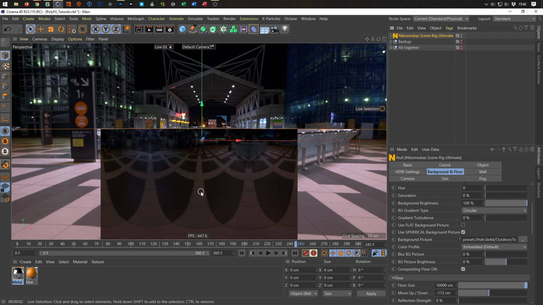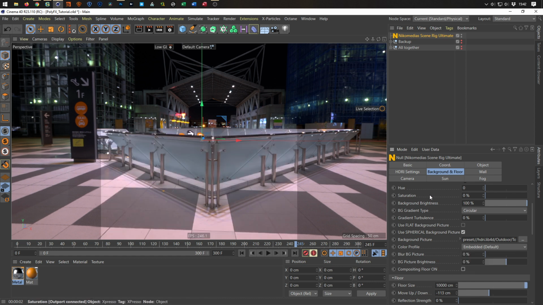So we have this floor here, which does not really look nice. Let's disable it. Now I have this background. This background is because I use a JPEG because it's sharper, and usually an HDRI is just for lighting, and so that doesn't have to be very sharp or very big. So when I disable the picture here, let's see, normally we should see,